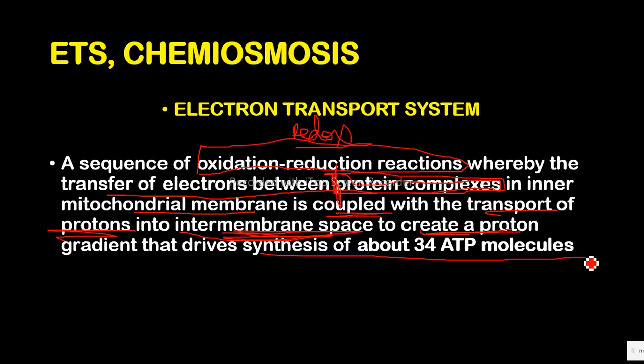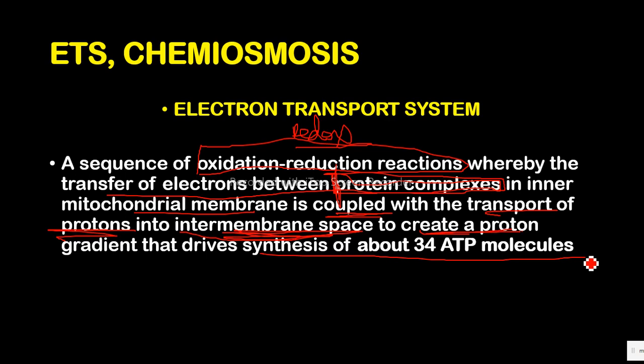However, we are going to talk about them in detail. You have protein complexes within the inner membrane of the mitochondrion, and these protein complexes transport the electrons at a series of decreasing energy levels. In other words, from high energy levels to low energy levels. And in the process, the electrons lose this energy, which is used to pump the hydrogen ions into the intermembrane space of the mitochondrion